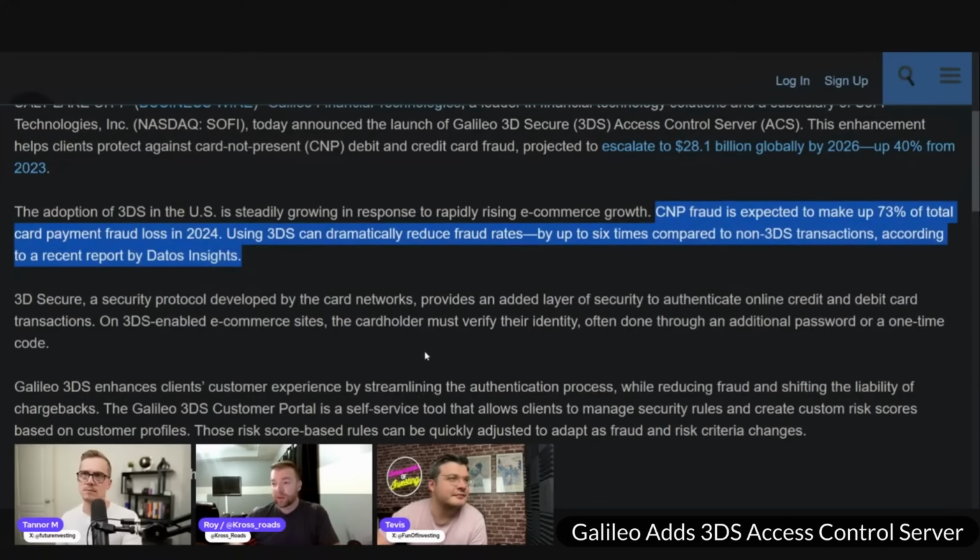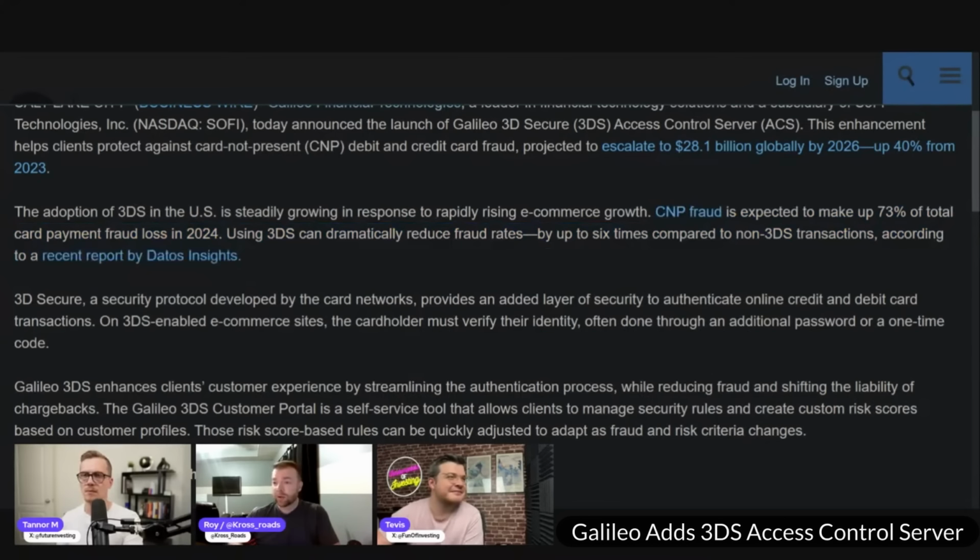PayPal, of course, was able to, through DraftKings, I believe, sell one of their fraud protection products to them as well. So I think a lot of companies and a lot of people will be looking into that. And it's great that Galileo is continuing to grow and innovate and make these sort of moves. I think that this whole thing, you just need to read here. Card not